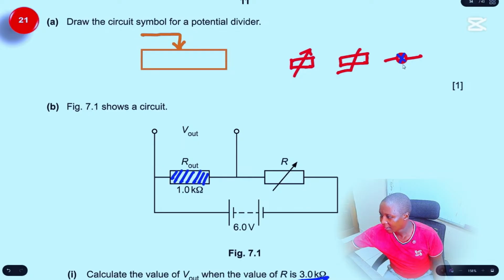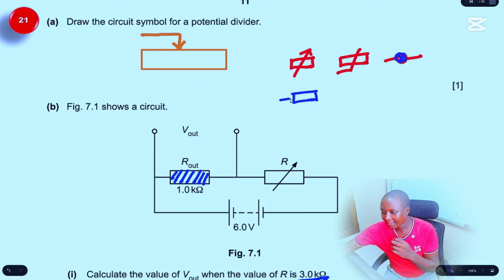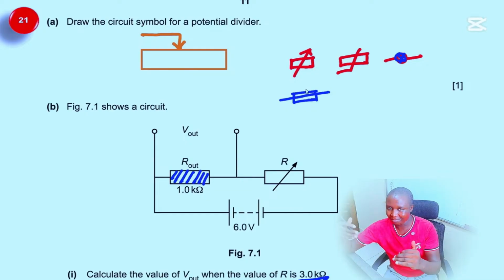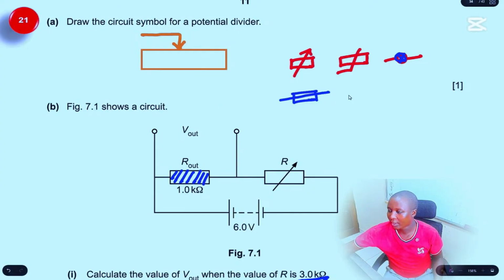If you are told a fuse is a device that has a thin wire within, when more current passes, the thin wire is going to heat up, melt, and disconnect the current. This is the fuse. If they ask you about a diode,